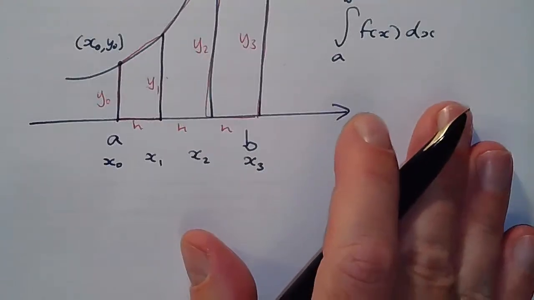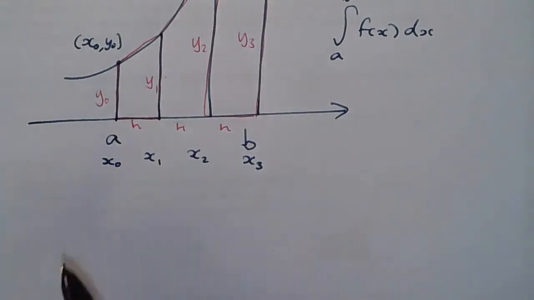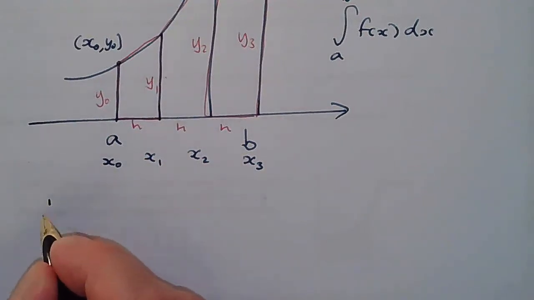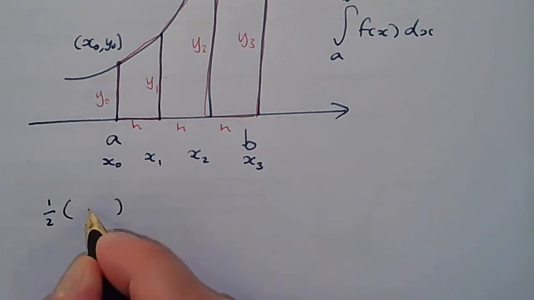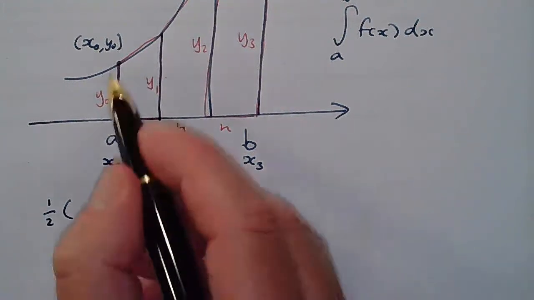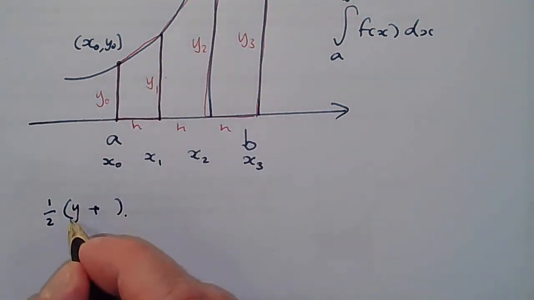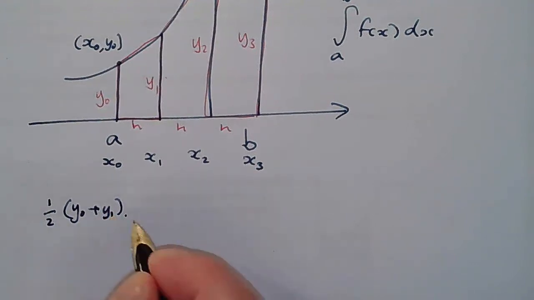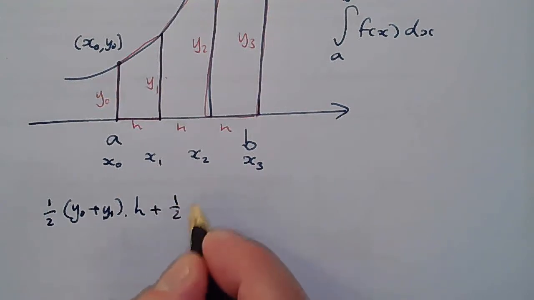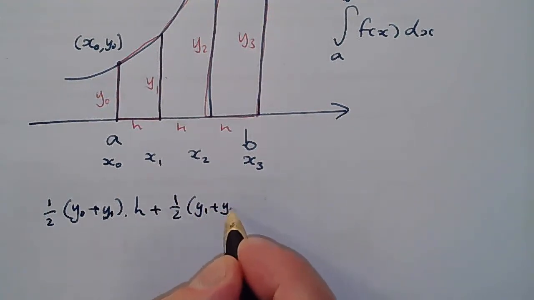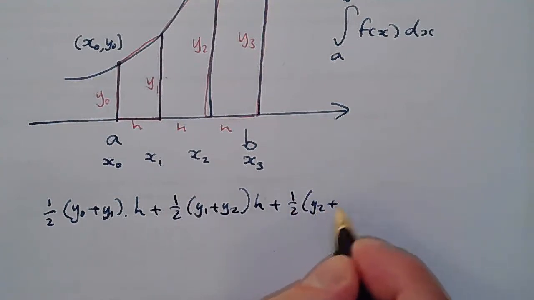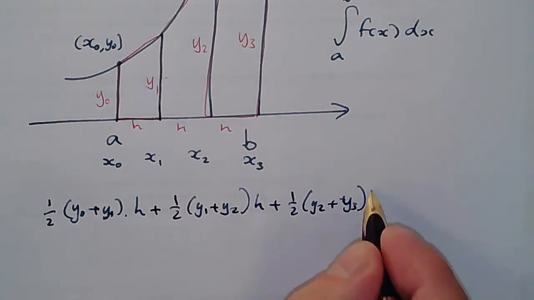Okay, so let's think about the first trapezium. The area of a trapezium is half the total of the parallel sides multiplied by the distance between the parallel sides. Well, these parallel sides are called y0 and y1. And the distance between them is the thing I'm calling h. And then the next trapezium is going to be a half of y1 plus y2 times h. And the next trapezium is going to be a half of y2 plus y3 times h,